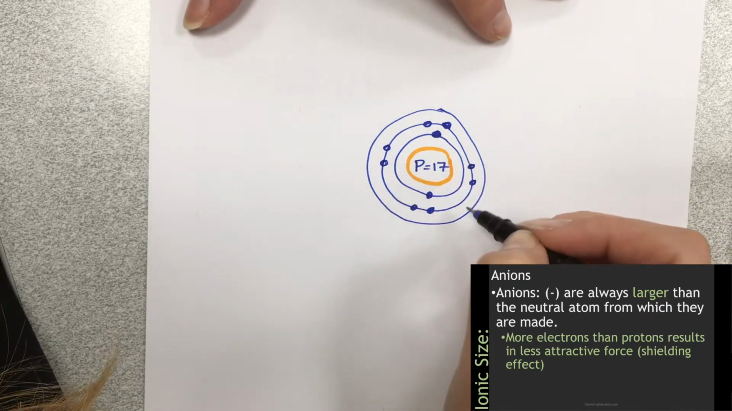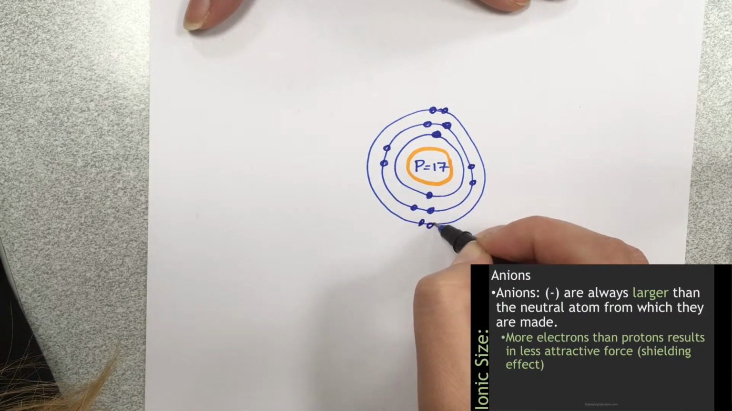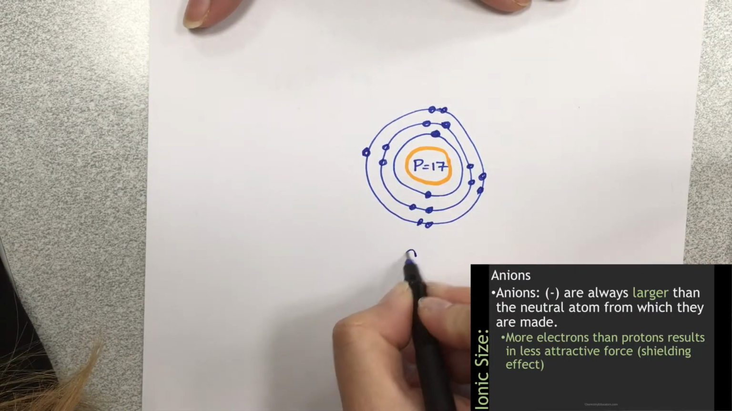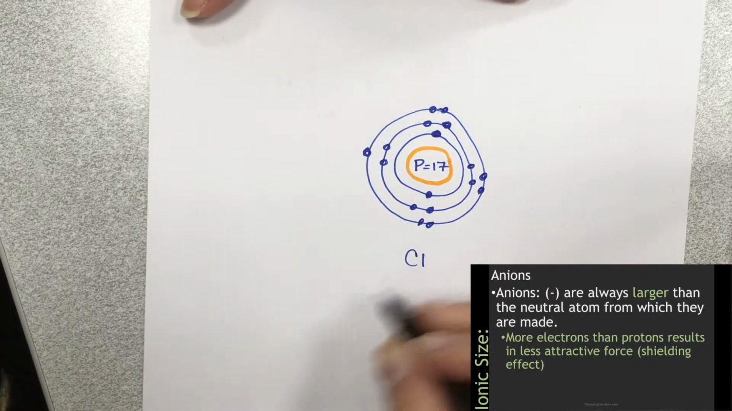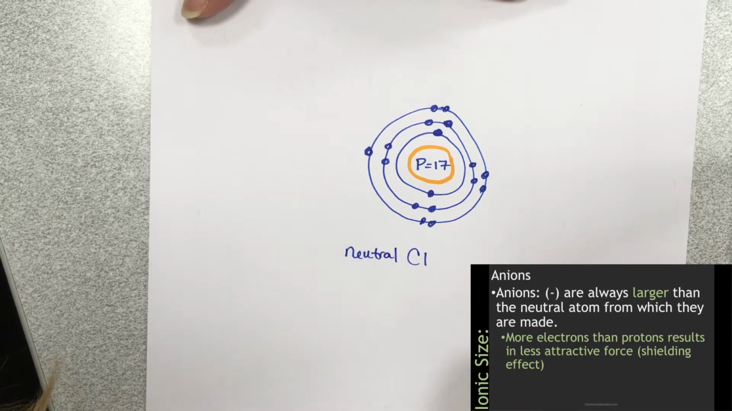Okay, so that should be 10, 11, 12, 13, 14, 15, 16, 17. Okay, so this is chlorine. So this is neutral chlorine. I should probably say that, neutral. So that's neutral chlorine. Now, if chlorine were to become